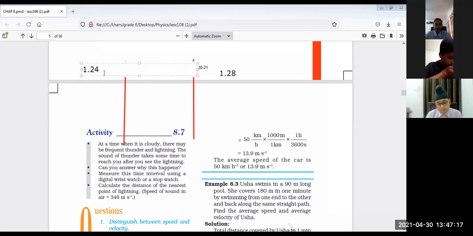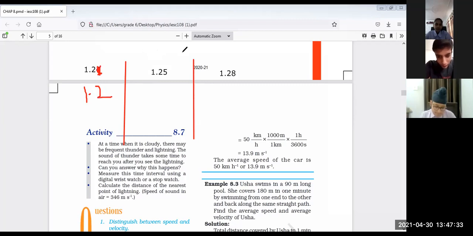Instead of writing 6, I am writing here 4. So you will see the second number first. Second number is what? It is 4, which is smaller than 5. So you are simply going to erase this. So what is the answer? 1.2. Done? कितना आंसर आया? 1.2. Now look on to the next one.